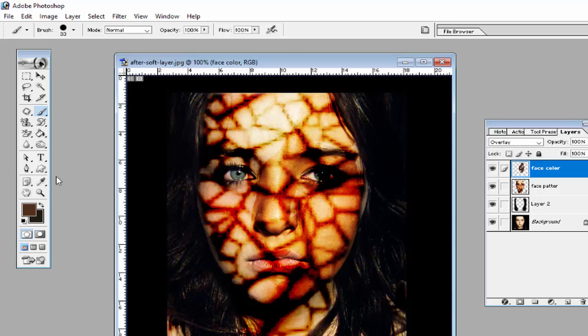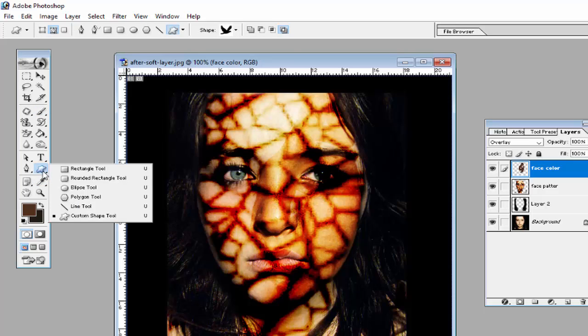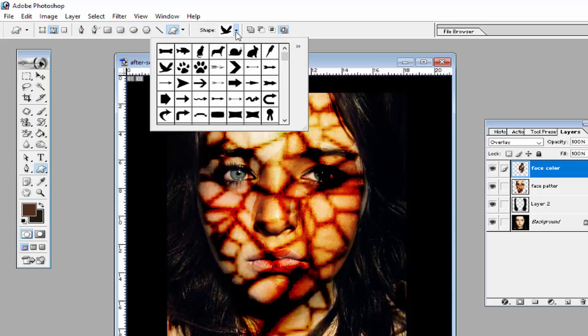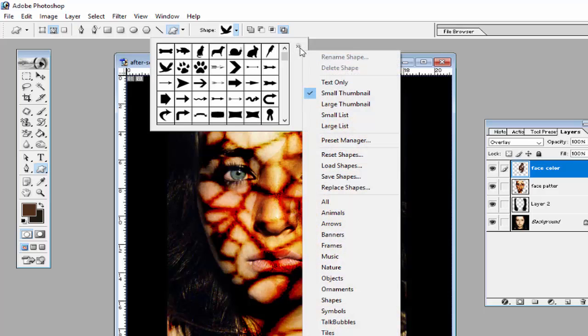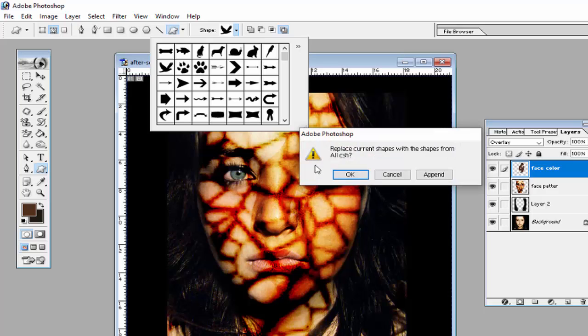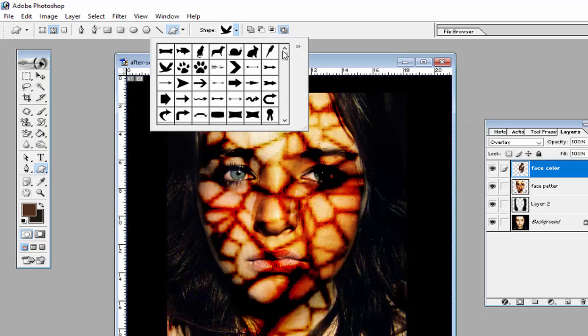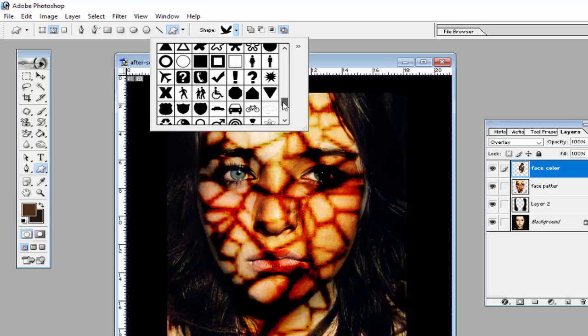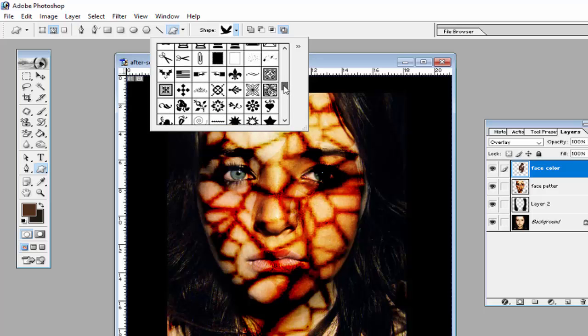And now we will use another option. Go to the custom shape tool, and from here click this point and select all custom shapes, and click OK, and you will see all the custom shapes of Adobe Photoshop will be available.